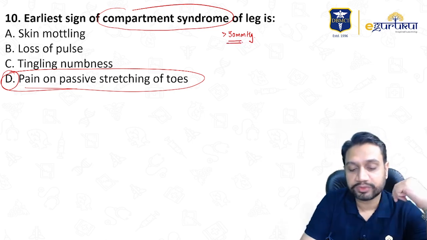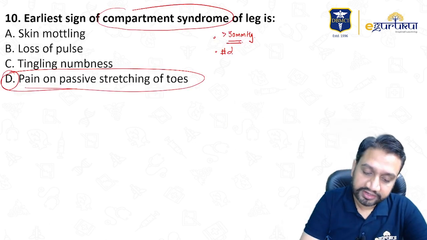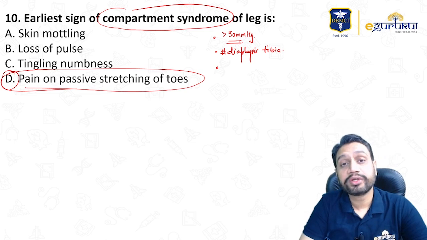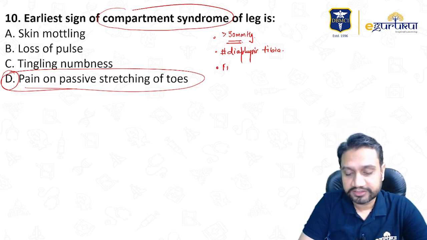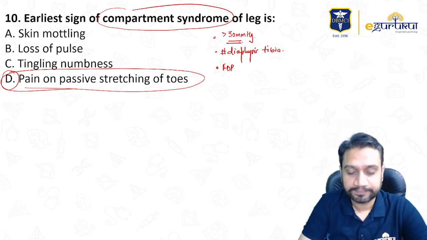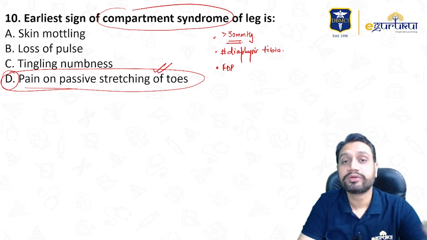Which is the most common fracture which can produce compartment syndrome? It is fracture of the midshaft of the tibia, that is fracture diaphysis of the tibia. In the upper limb, the most commonly involved muscle showing deformities because of compartment syndrome is flexor digitorum profundus, leading to Volkmann's ischemic contracture. In cases of compartment syndrome, the earliest symptom will be pain, and the most important sign will be pain on passive movement, or passive stretching, of the limb.